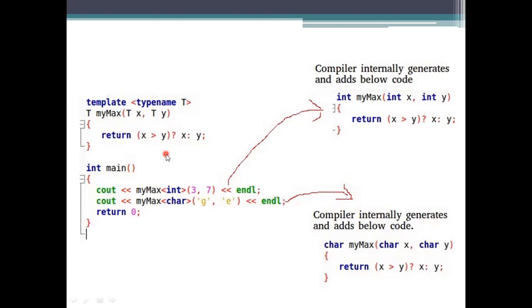What I am doing is specifying the code we are using for this maximum. I need to compare the x and y values. We are using the conditional operator here. If x is greater than y, it will give x as the result. Otherwise, if it is false, it gives y as the result.